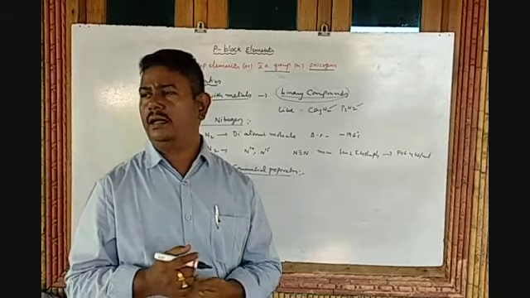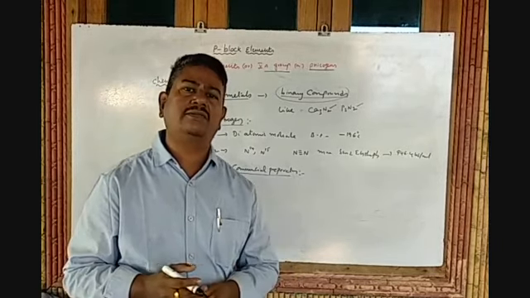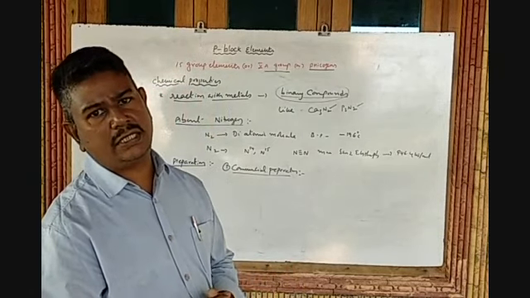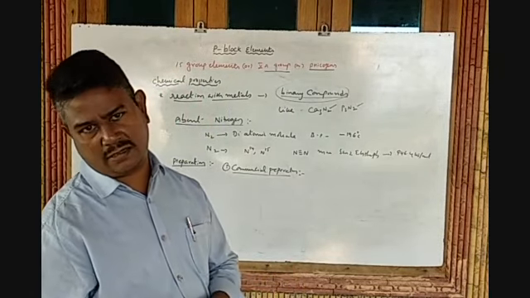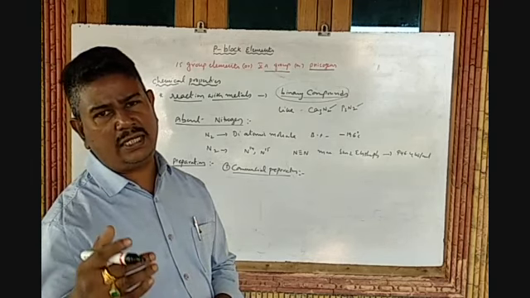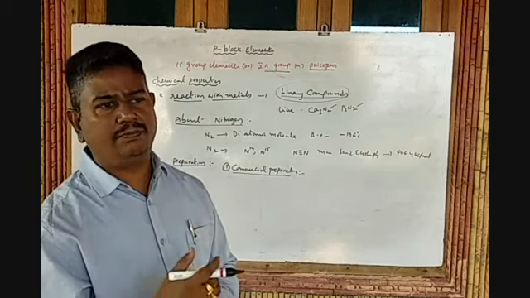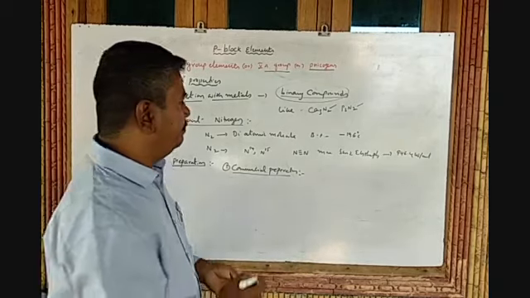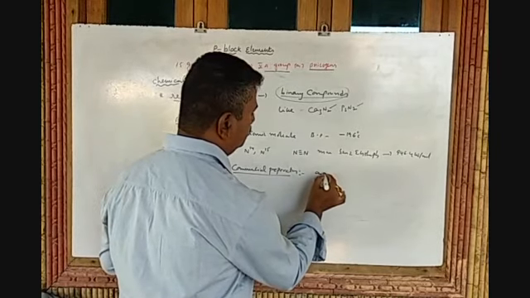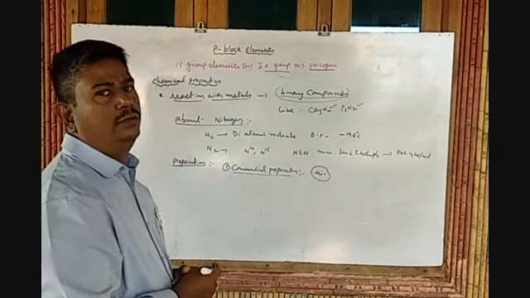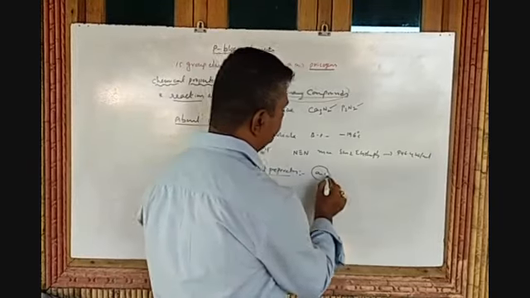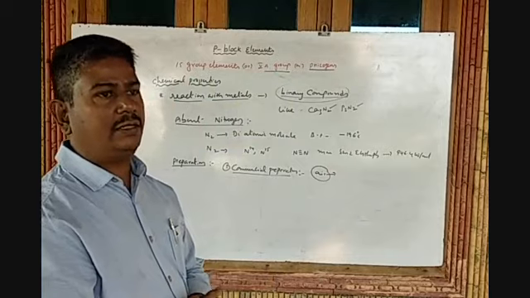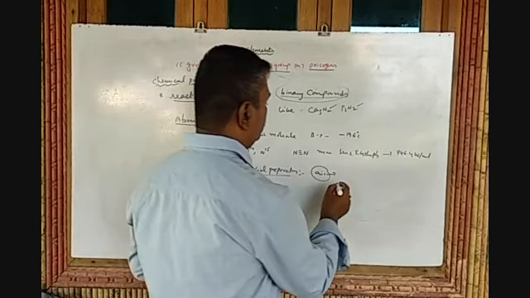I think it is already well known that our atmosphere consists of about 78% nitrogen, 21% oxygen, and the remaining 1% other gases. So 78% of nitrogen is available in air only. That's why most of the nitrogen we collect from air, by distillation. This is called fractional distillation of air.